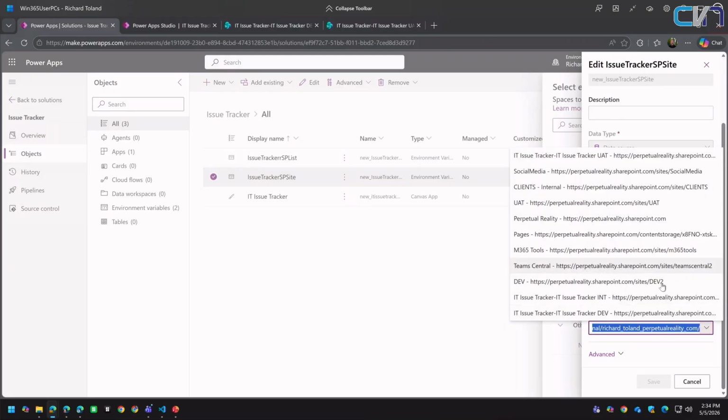You can see here, the dev for the dev environment. You can see here, I've got lots of dev environments, don't I? This one happens to live in,